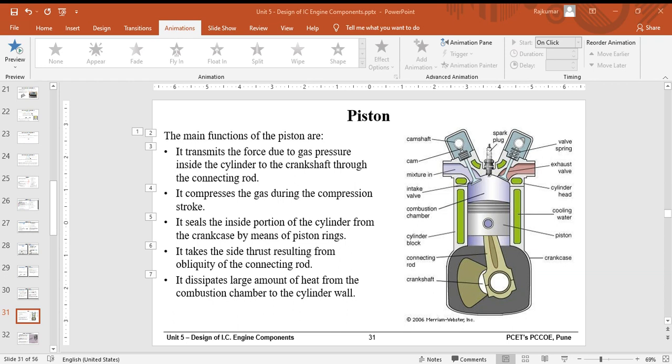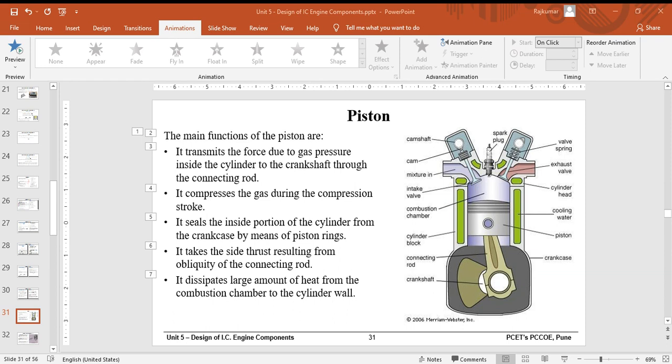Then what are the positive sides of cast iron over aluminum alloy? It has higher strength compared with an aluminum alloy piston. The strength of an aluminum alloy piston decreases rapidly with temperature, whereas the cast iron strength remains the same or very close to the original strength even though it is working at high temperature. The wear strength of the cast iron piston is more than the corresponding alloy piston.